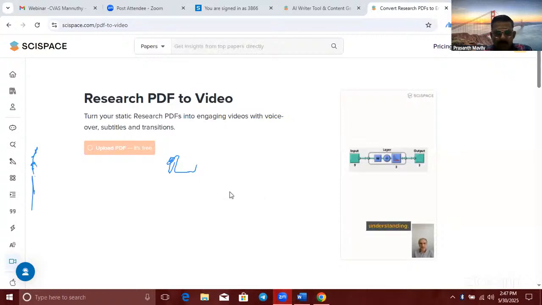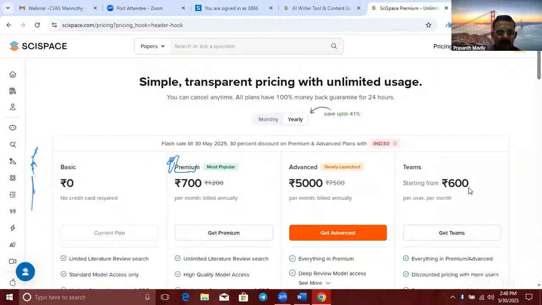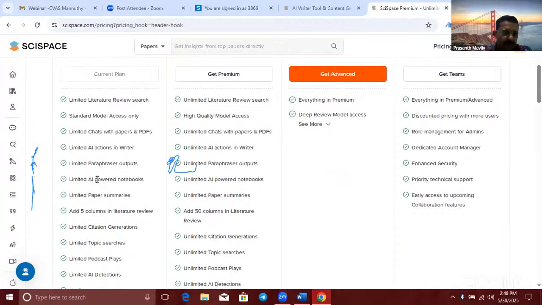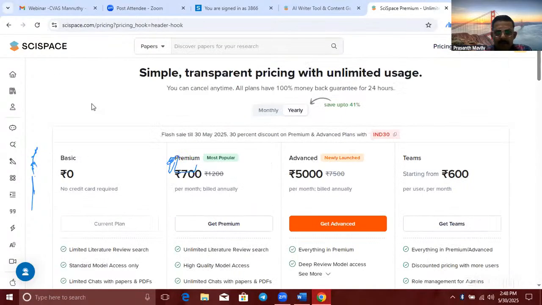We can come to it later because it will take time. I will go for another tool and later we'll check it out. And so this is an all-rounder tool. You can see the pricing also. If you buy it also, it will not be any loss for you. But first of all, you have to explore the free features. And if you are okay with it, you can go for the premium version.